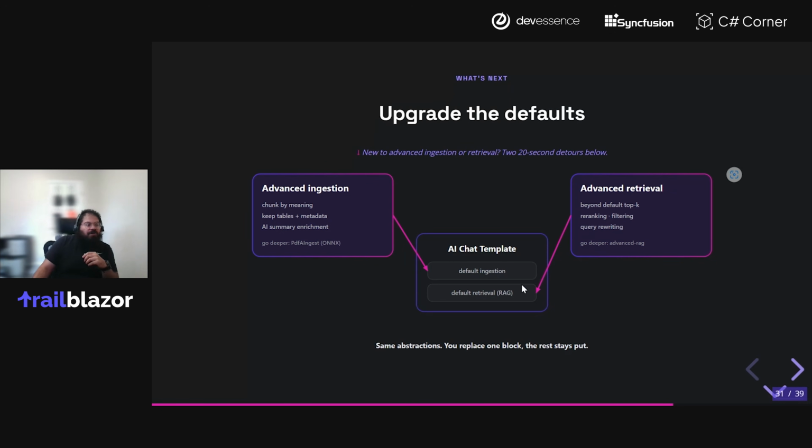And then on the retrieval side, we're doing something similar. The retrieval piece is basically the other side of that. What I showed you in the sample, and what we're using in the sample for the most part, is vanilla RAG, if you will. It's just user query, go look at my data store, compare, and then return a set of highly ranked results. The problem with that is, similar to ingestion, it doesn't capture nuances.